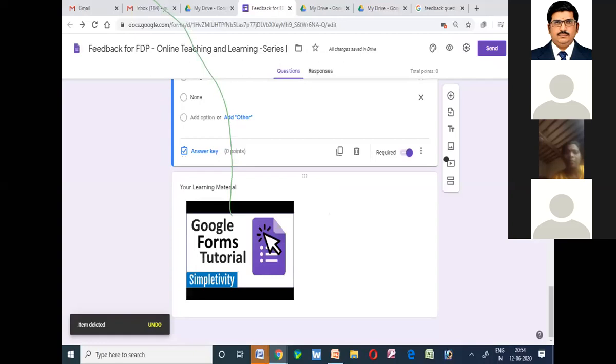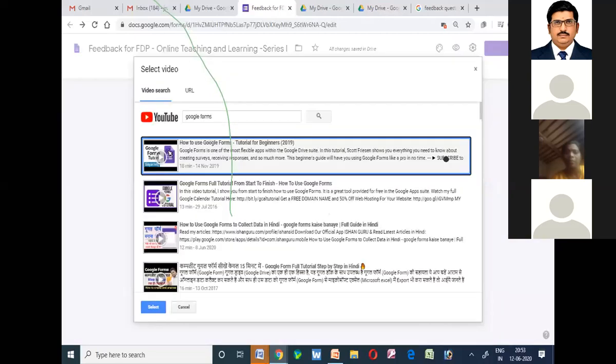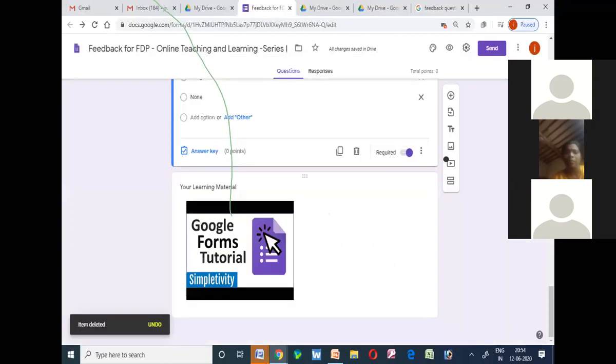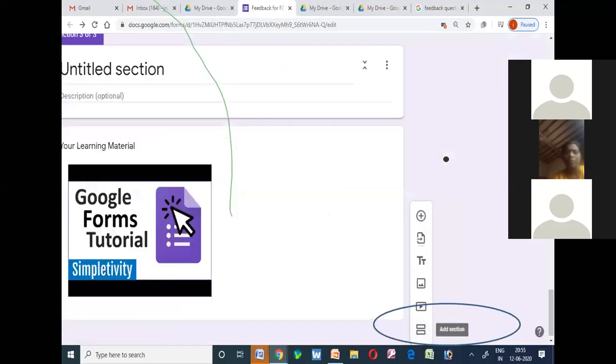It gets inserted. Or else what you can do is you can select the URL. So that is the second option you have. So if you know the URL of the particular video, suppose you imagine that you have created a YouTube video and you have uploaded the YouTube video on the internet. If that is the case, then if you know the URL, in that case, you can directly give the URL. At that time, your video gets inserted into the question. So in this way, we can insert videos.